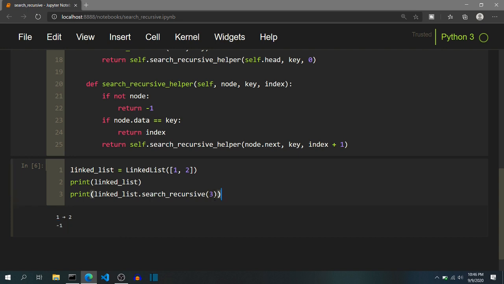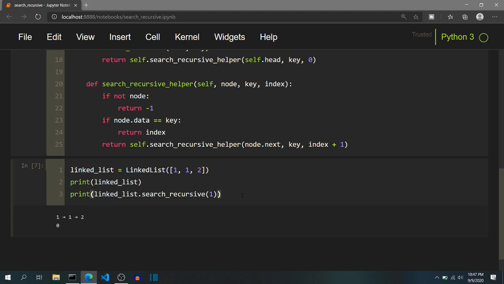Now, one more thing we need to note over here, that if the list contains duplicates like this, that is, there are two nodes with the same data, this function should return the lowest index, that is the first element from the beginning which matches the key. So here, if we pass key equal to 1, there are two nodes, that is the node at index 0 and index 1, that has the key 1. So it should return 0. So the linked list has been constructed like this, and an index of 0 is returned. So this is how you write a recursive code to search an element in a linked list.